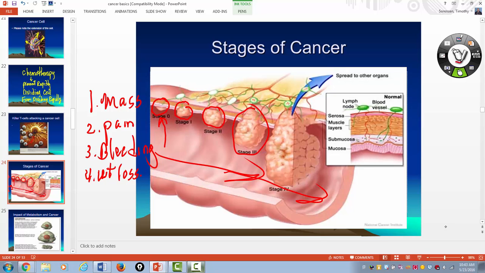So those are really the clinical manifestations, the signs and symptoms of cancer. So how do you diagnose it? Well, again, the way to do that is early detection. That's why routine physicals and screening tests, again, mammography, chest x-ray, colonoscopy, physical, doing a self-breast exam, or in the case of males, testicular exams. But